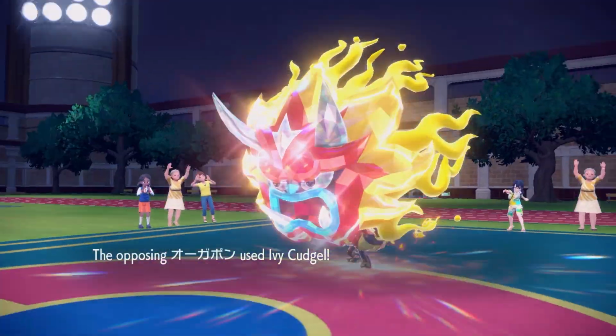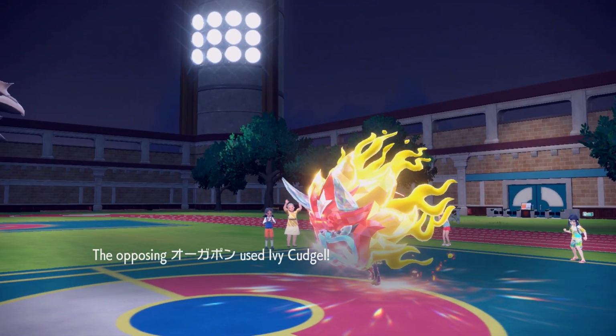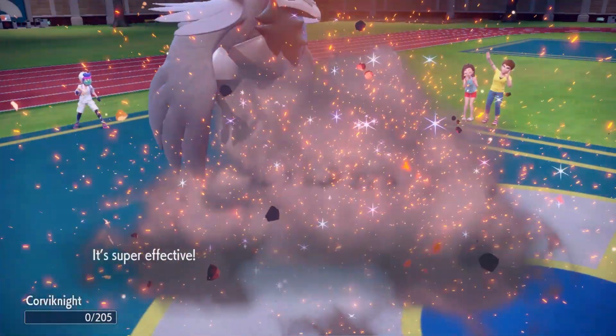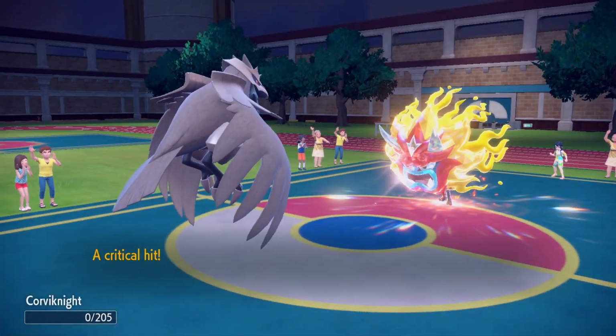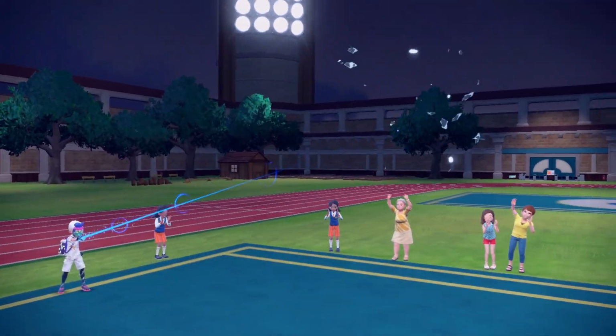And plus, Corviknight is almost as good as dead anyway. I don't think this is a contact move. If it is, that's great. I don't think it is, though. And we're probably dead. Okay, yeah. Is it contact? Rocky Helmet? Oh, that was a crit. Wow. No Rocky Helmet, so that's...